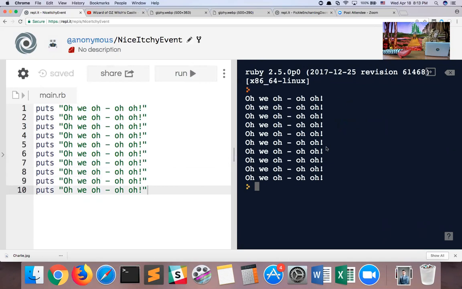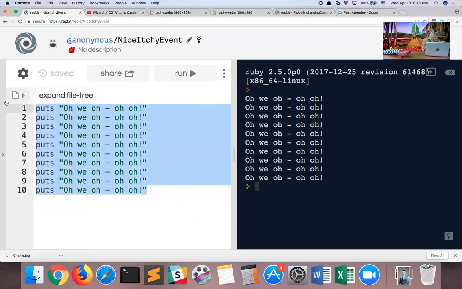Now, computers are really good at automating things and making things easy for humans. They're really good at repeating tasks. It seems silly that to get the computer to say O-E-O-O 10 times, we have to write 10 identical lines of code to do so. And that's where the concept of loops helps us.